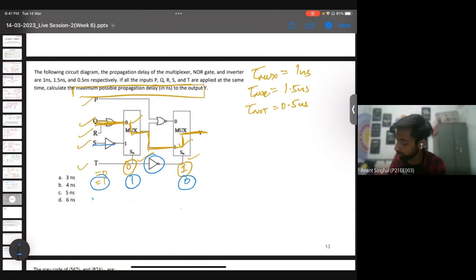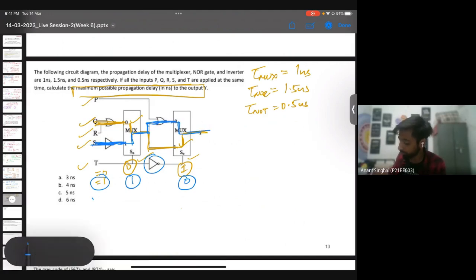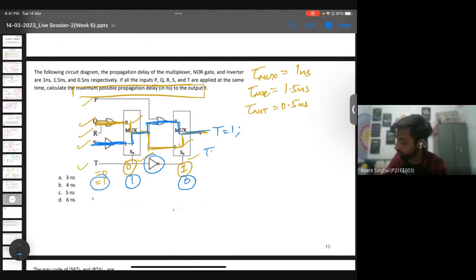So when t is 1, the NOT gate will work first, then through the mux, the 0 part will work, and then Y will get the output as Y. So if I try to cover the t equals 1 part, then the propagation delay, or we can write it as tau PD,